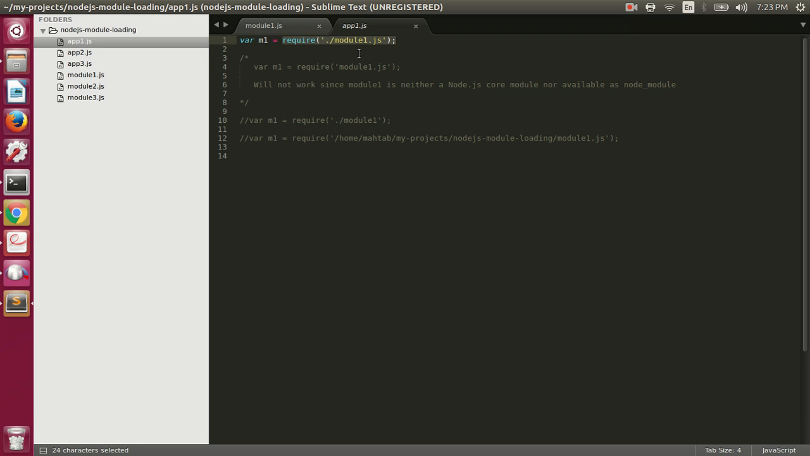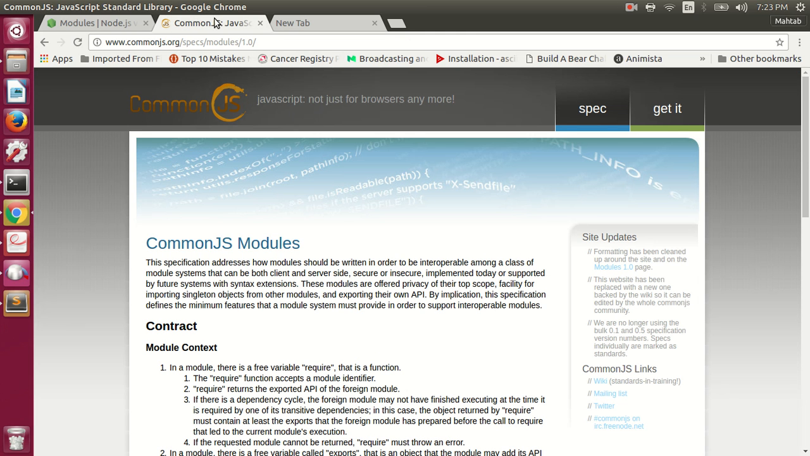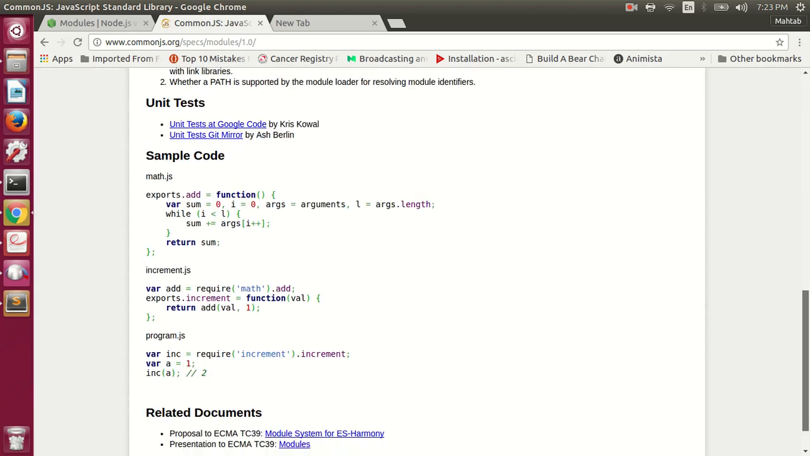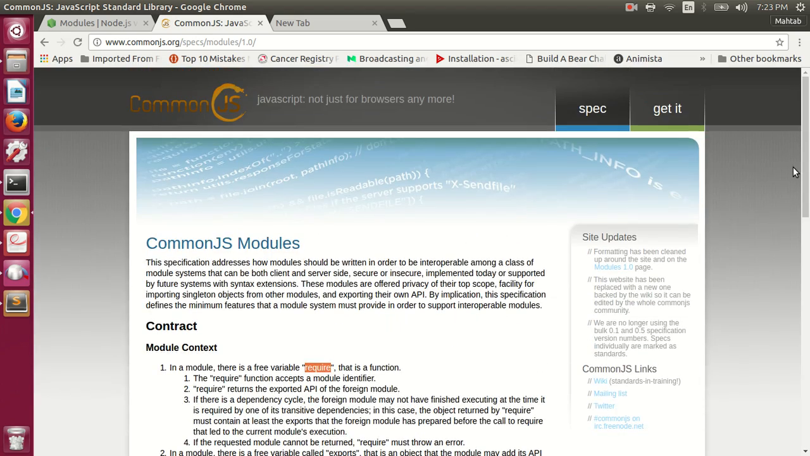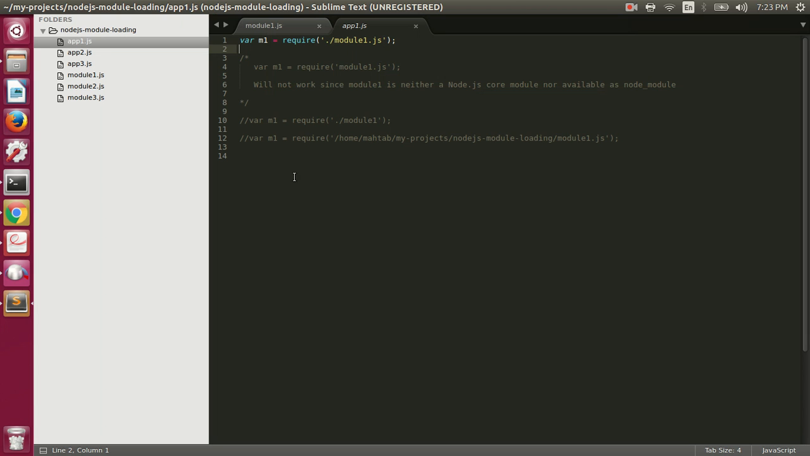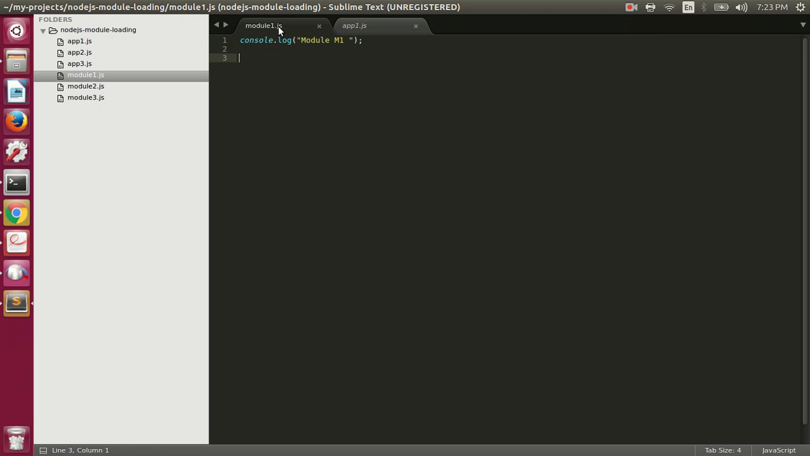Now this require comes from the CommonJS specs. So if you go to the CommonJS specs, you will see there is a require function which allows you to import other modules in your application. So we will not talk about the CommonJS specs, but we will talk about the Node.js implementation of the CommonJS modules. So when you import or require a module, what happens is the code in that file will execute, and